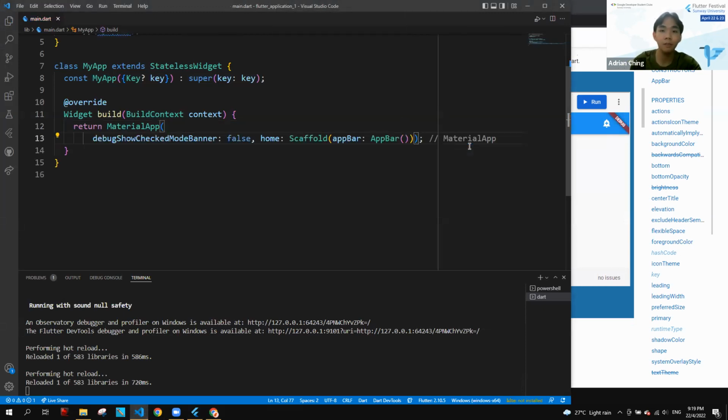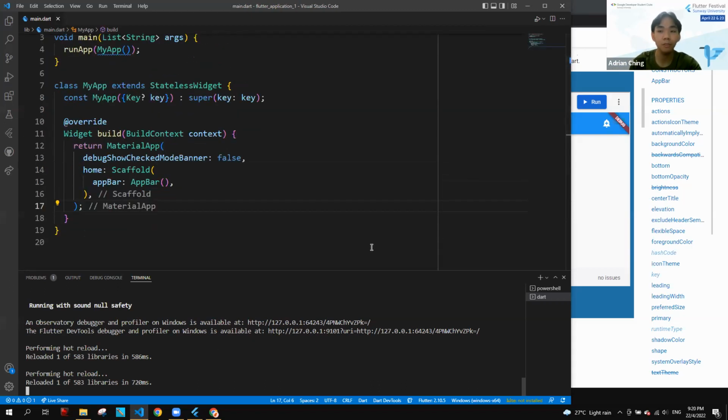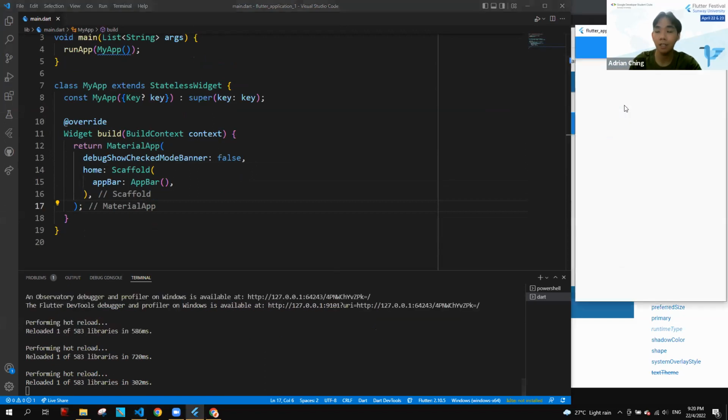and save it. And now it can get a little bit annoying, since this whole thing is one long line, right? Maybe you want to break it down. So to do that, in the ending of the brackets over here, you can add a comma and save it, and it automatically formats it like this for you. So now we refresh, and now our app will have this. Yeah, but that's basically an app bar.